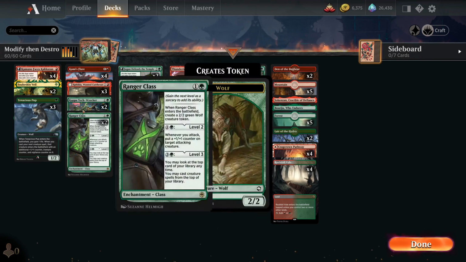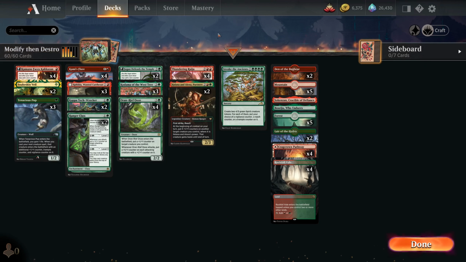Today we are looking at Modify Then Destroy. Not the best name I've ever come up with for a deck, but I couldn't think of anything better for this one. So this deck is a Gruul Modify deck based around the new Modify mechanic introduced in Kamigawa,